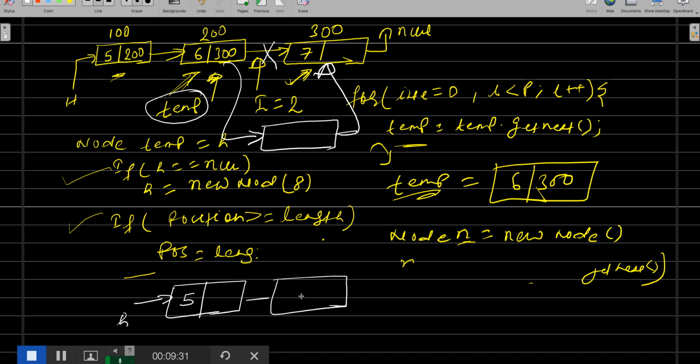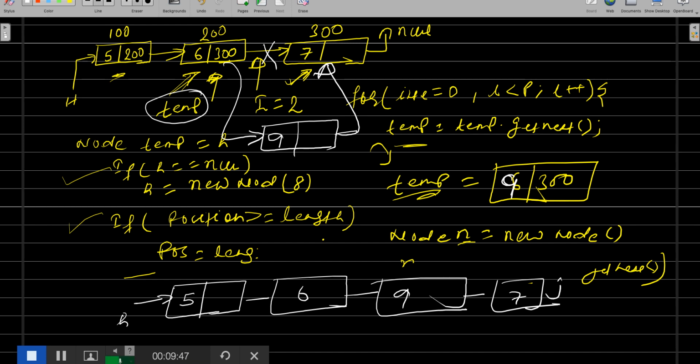This guy will be pointing to 6, and this guy will be pointing to the new node, let's say here 9. Sorry, what it was, 6. I should not have written 6, I should have written 9, because you cannot duplicate. So this is pointing to 9, and 9 is pointing to 7, and finally 7 is pointing to null, right?